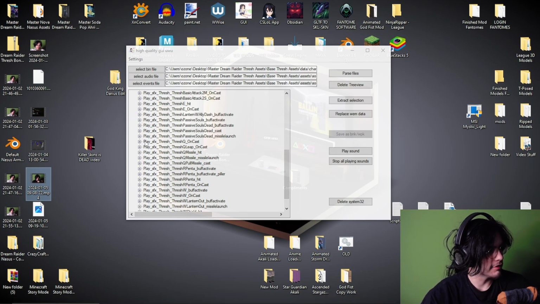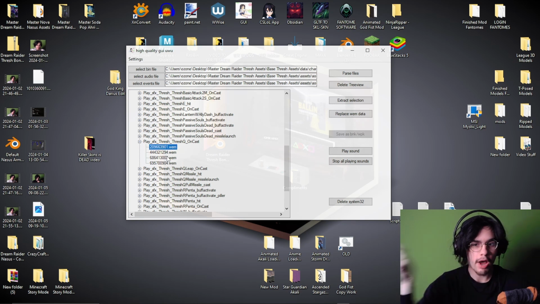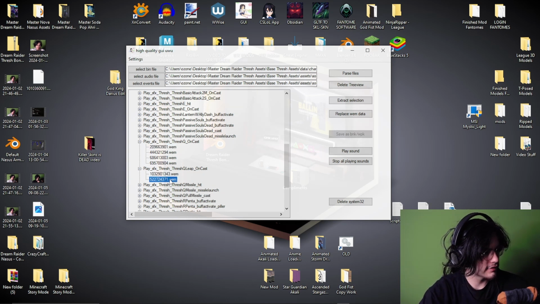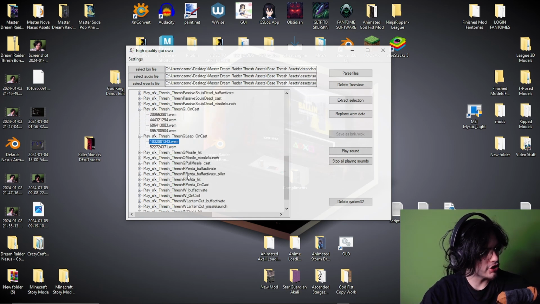Okay, let's take a look at Thresh's Q, for example, because that's what we want to be changing here. This is the Q on cast. As you can tell, this is the wind up for when he throws the Q. And then down here, we have the Q on cast. Of course, this is for when he's recasting to lead. Like I said, this is just showing how sort of subtle but